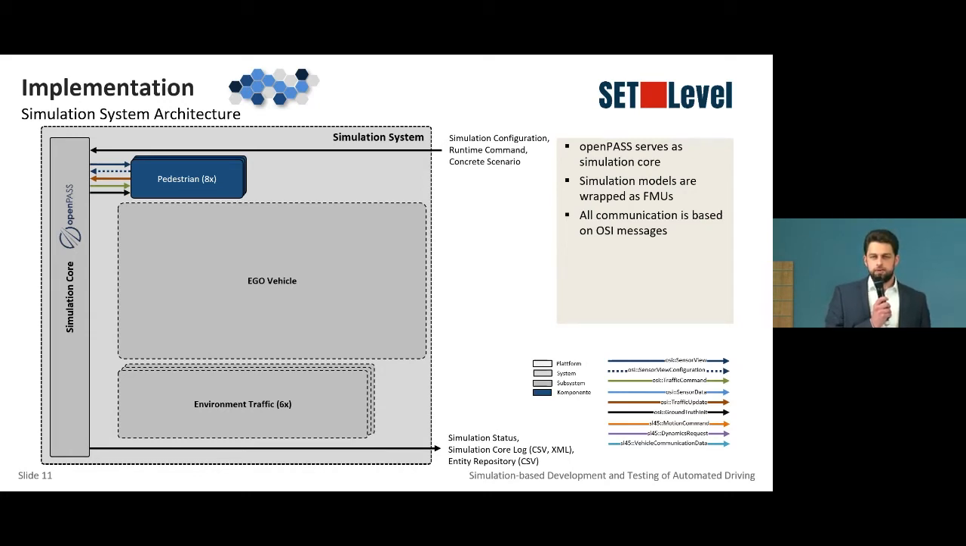The model is implemented as a functional mockup unit, which means we can communicate with it through the FMI standard. That made it fairly easy to couple it with the OpenPath simulation core. And for the communication, we use different OSI messages. We need some sensor view in order for the model to perceive the environment. We need some traffic commands so that we can, for example, tell the model where to go in the simulation,